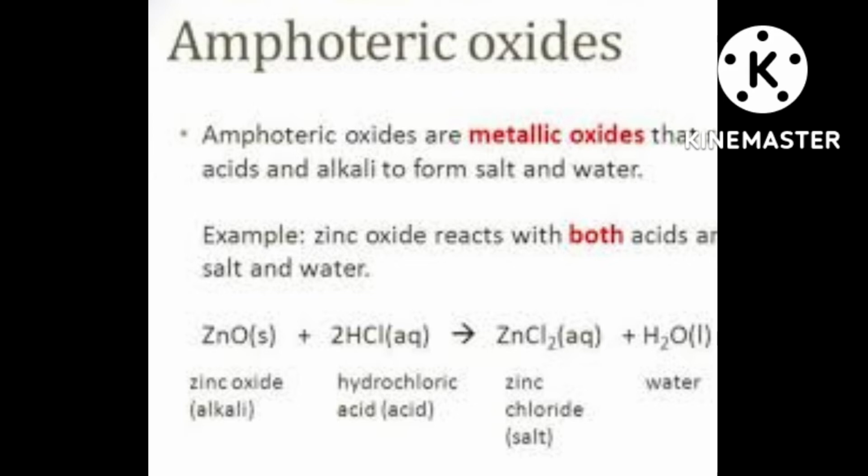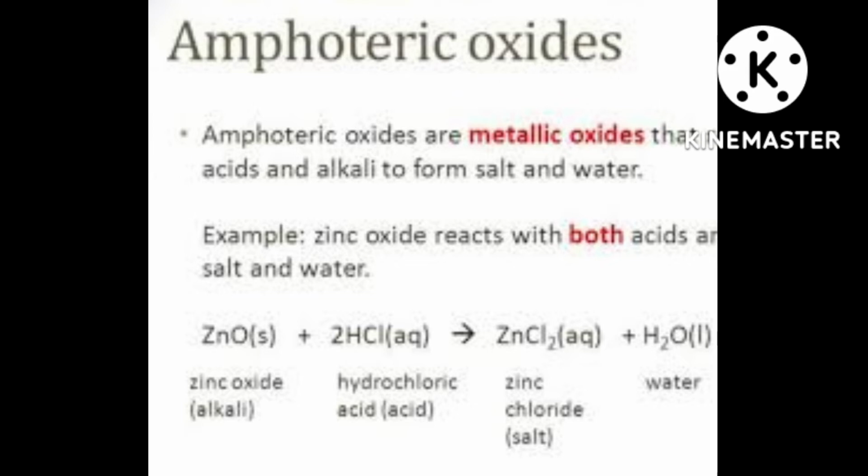In BF4, the 4 electrons boron has given and 4 electrons fluorine has given. Correct? Then total 8. 8 means 4 pairs. Then the other members of the groups can expand their valence shell to accommodate more than 4 pairs of electrons. Example, aluminum can form AlF6 3 minus. Then here you can see they are forming more than 4. Means here 6,